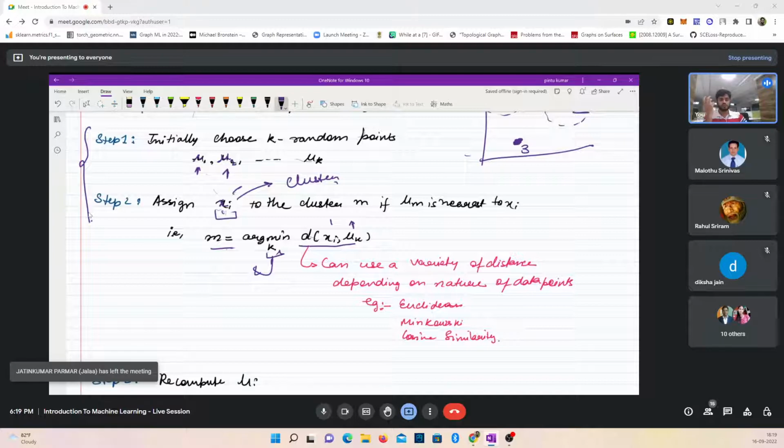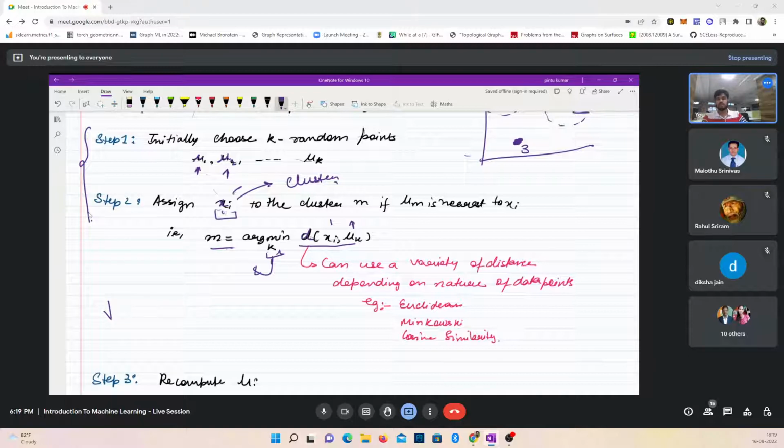So how do you choose this distance, or what is this distance? You can pick from a variety of distances based upon the nature of your data set. Some of the common ones are the Euclidean distance. Your Euclidean distance is nothing